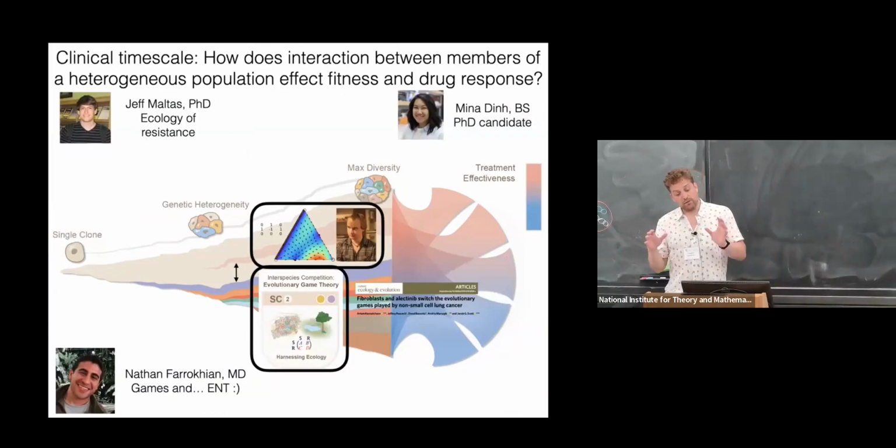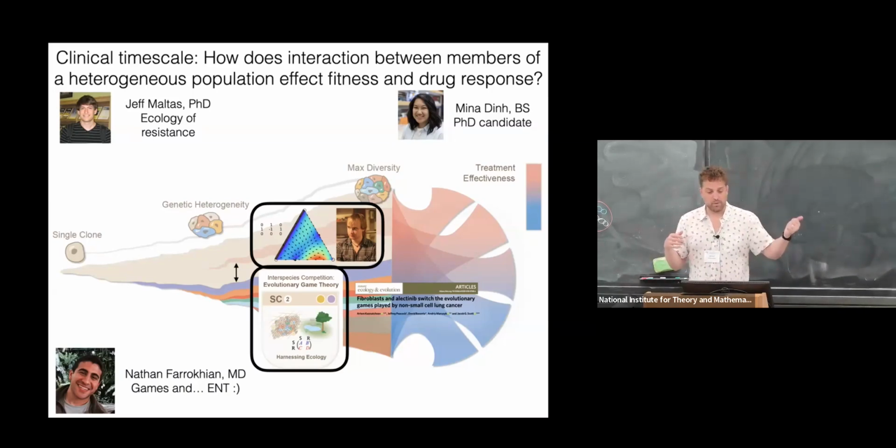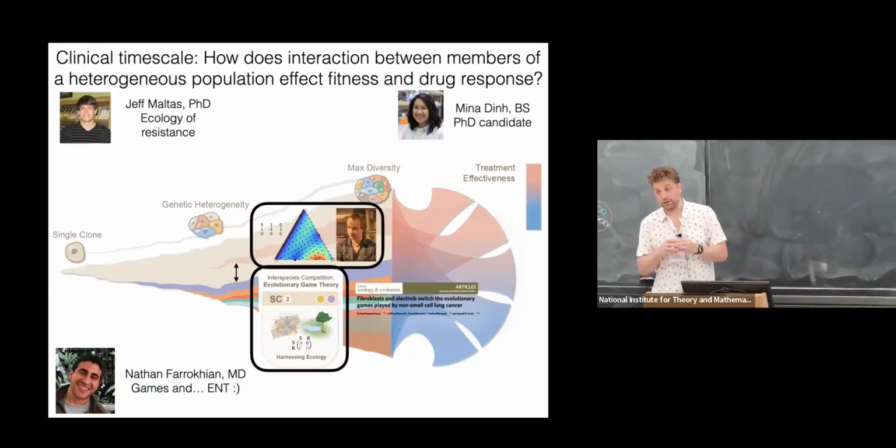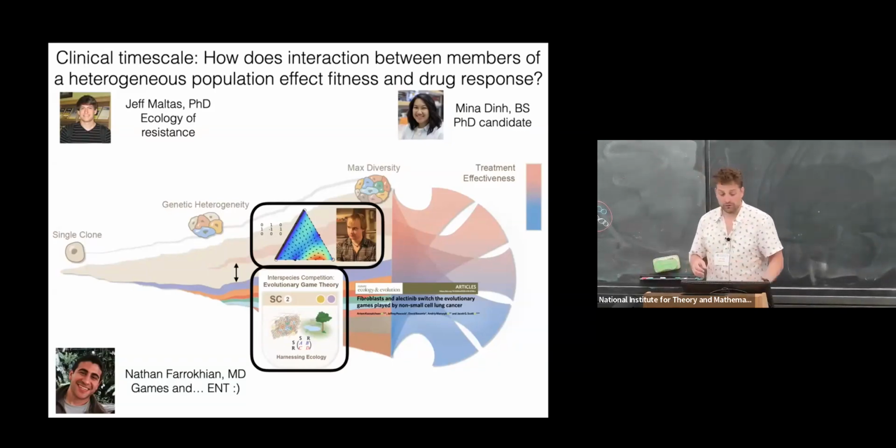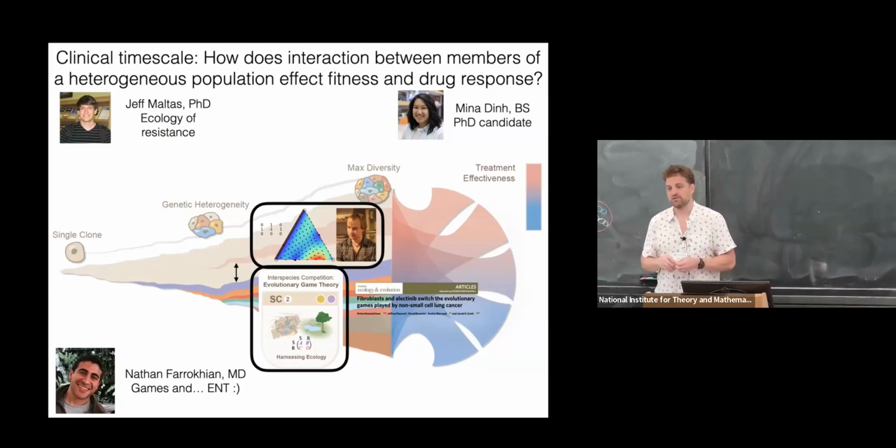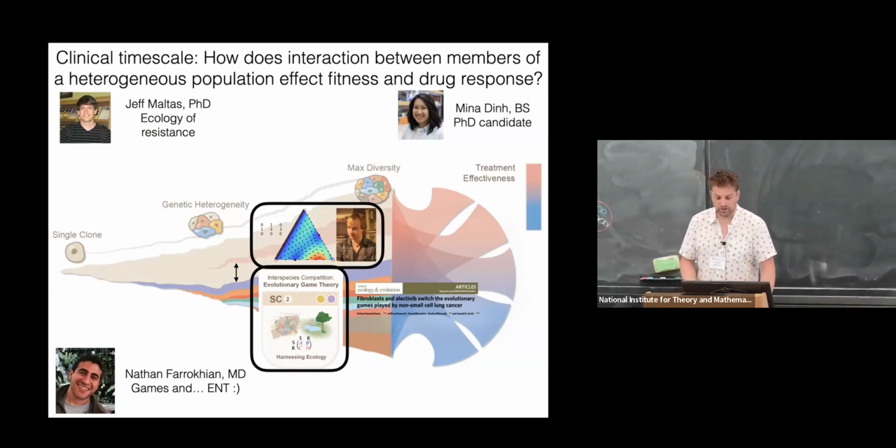And then here, I'm going to call this the middle or clinical, or sometimes I call this the ecological timescale. And this is where we're going to focus most of today after I get through the beginning. And these are some clever students that are working in real time. Jeff Maltus actually just started as faculty at University of Maryland, a very clever undergrad biophysicist, now working in EEB. He's formerly in biology, but thinking really hard about some of these questions. And then Artem in the middle is now faculty in Utrecht, a very clever computer scientist who's working on what he calls algorithmic biology. And then you see some other folks, Mina and Nathan.